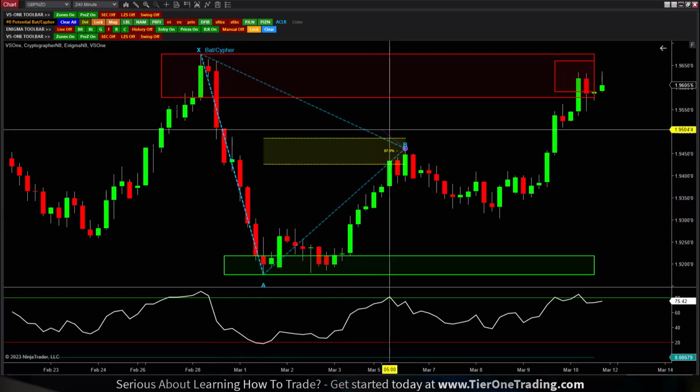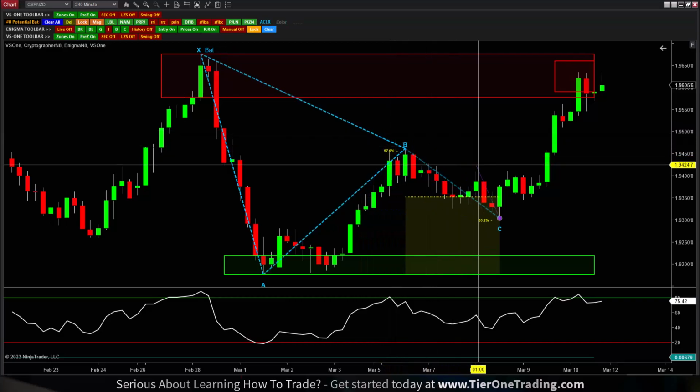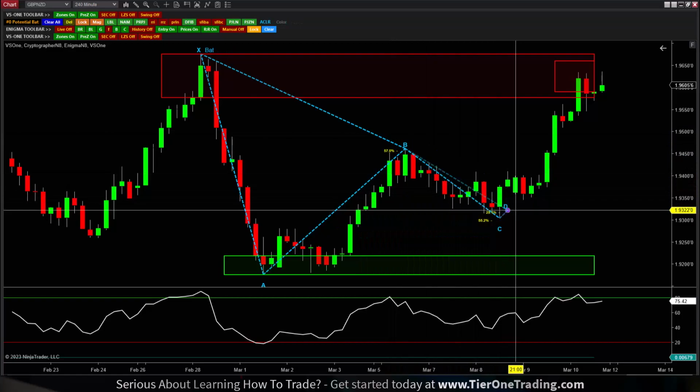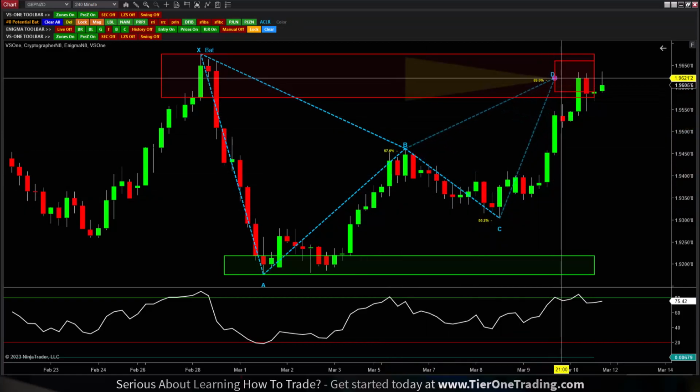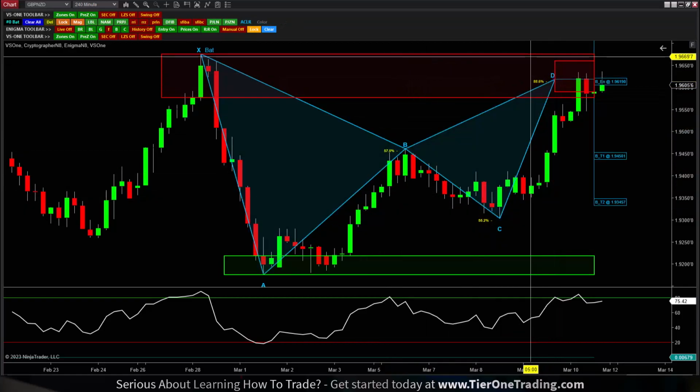Seeing that we hit that 50% retracement and we do not hit the 618, which is the upper kind of gold line there, tells us that we have a potential bat pattern and not a potential Gartley. And that's going to make the difference between where our decompletion is. Before that decompletion, we're going to need a C move, which is right down here. And you can see that our decompletion was right up here at the 886, 196.20s or 196.19s, which we technically